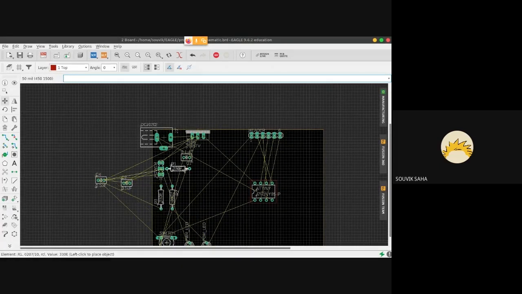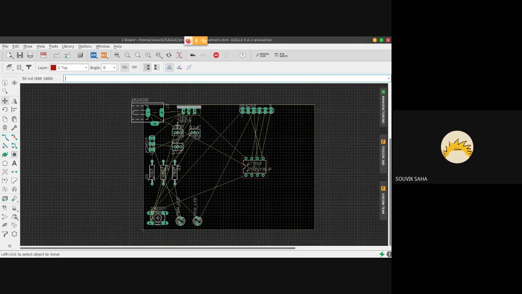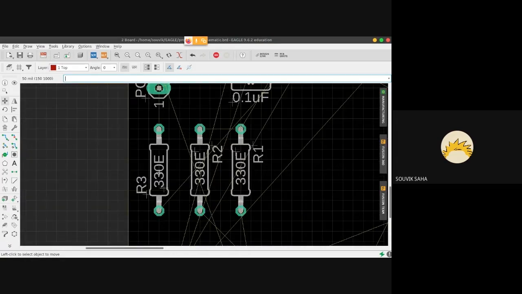You don't have to follow every single step I'm doing. Just take a reference from what I'm doing and try and figure out on your own, because you can't exactly copy PCB design. It's all practice and trial and error. Okay, now just to show you something. Suppose you decided that these resistors are taking up too much space for whatever reason.